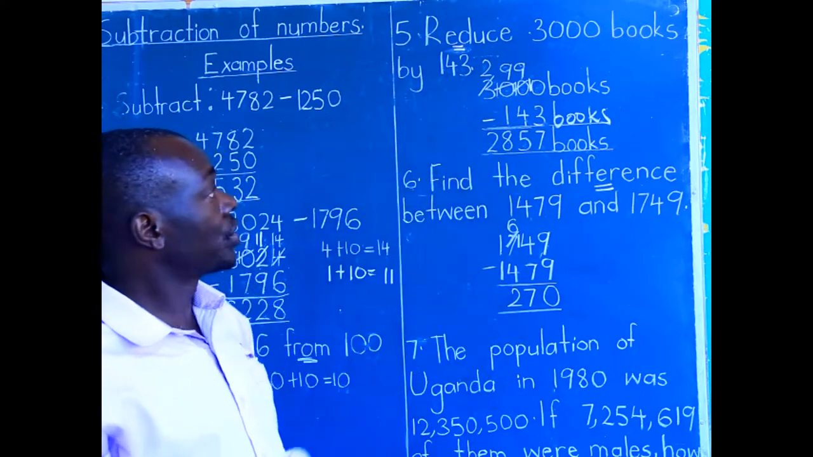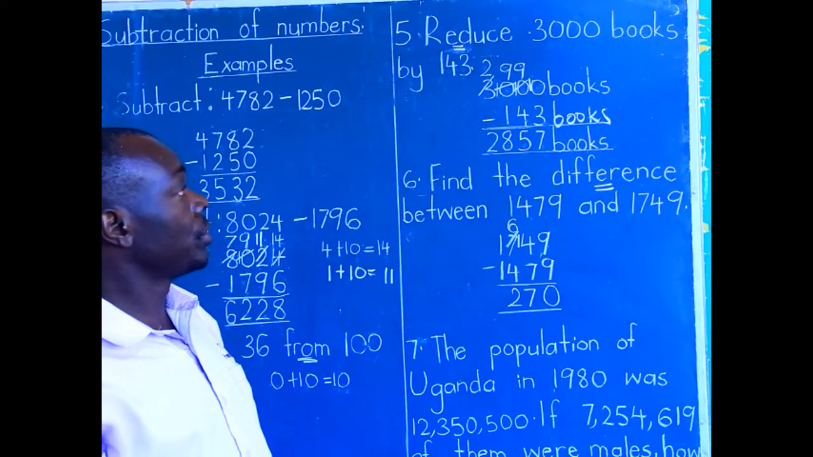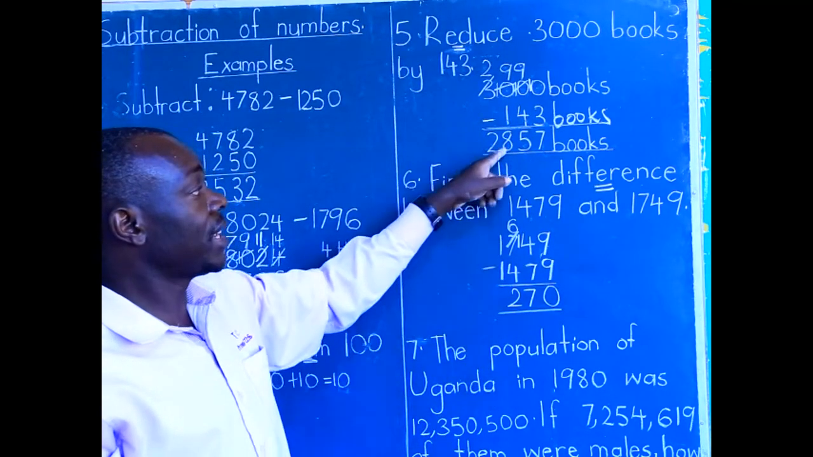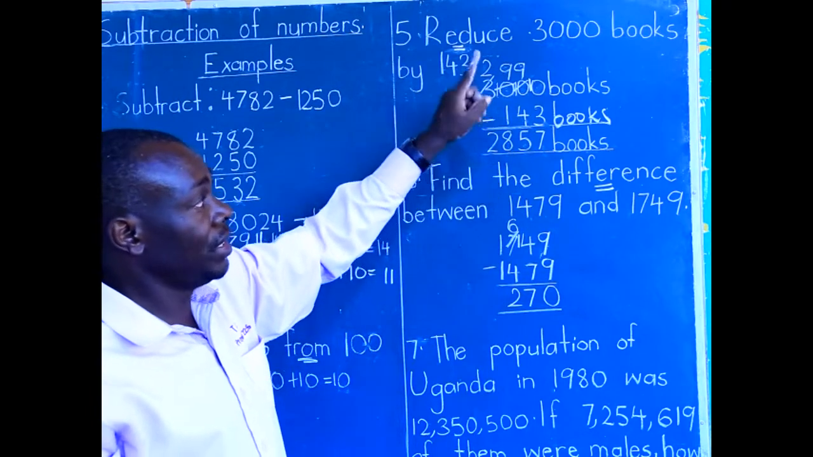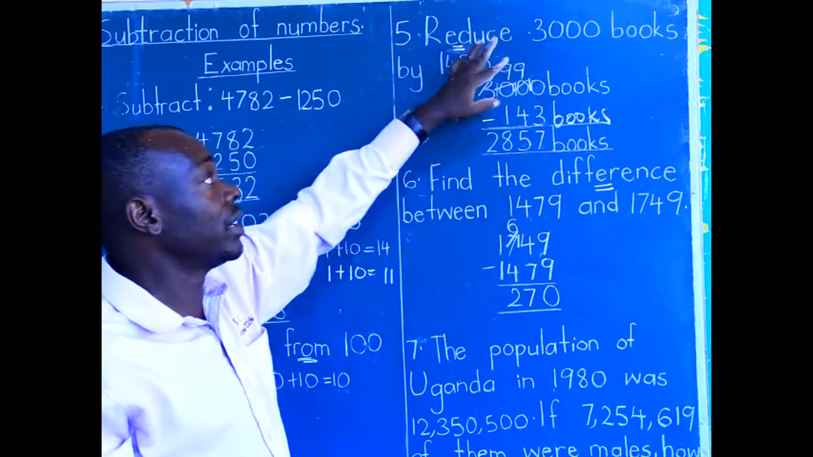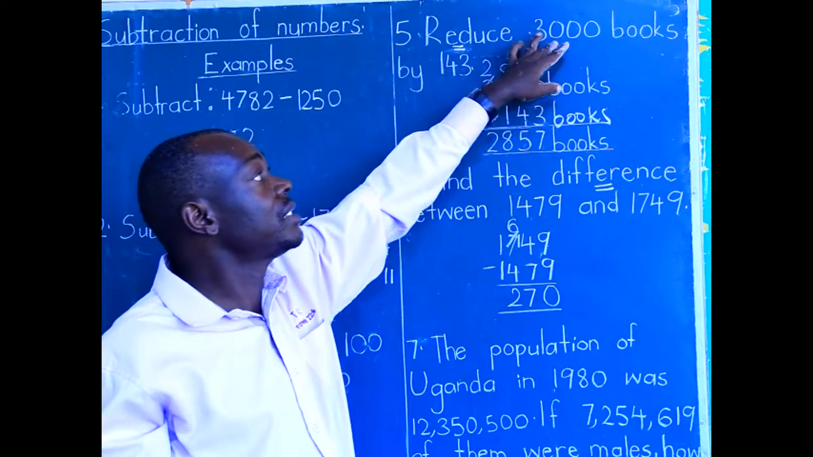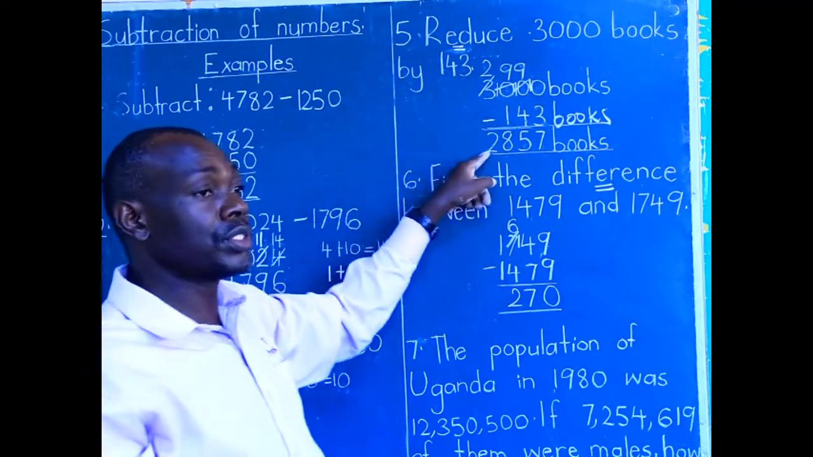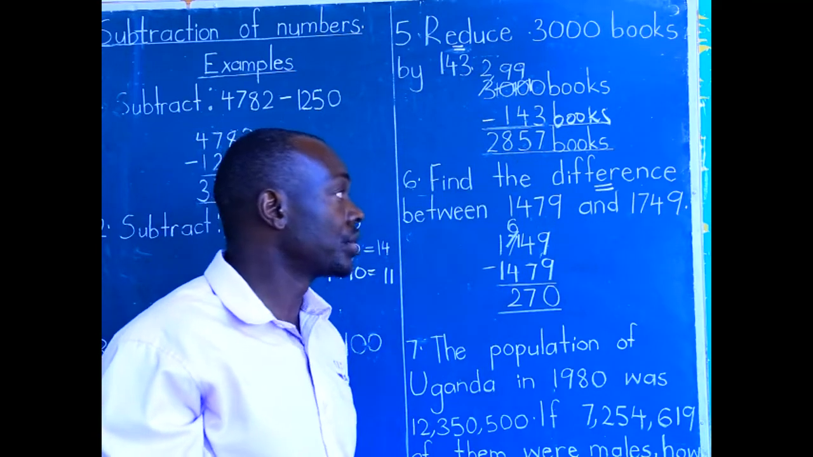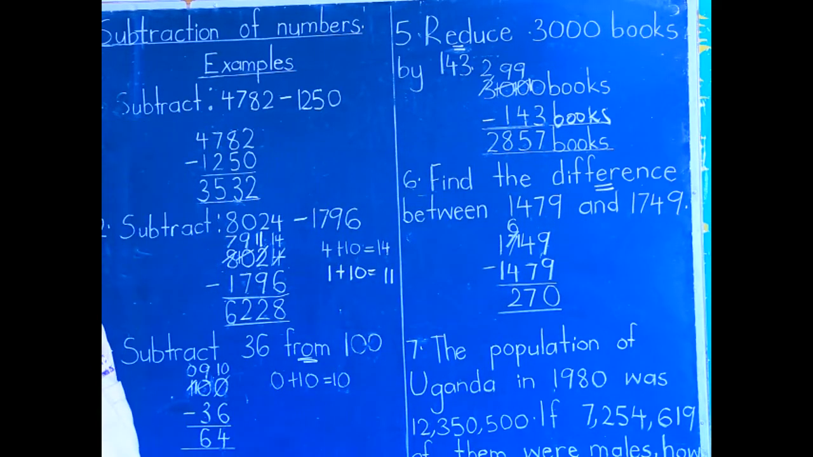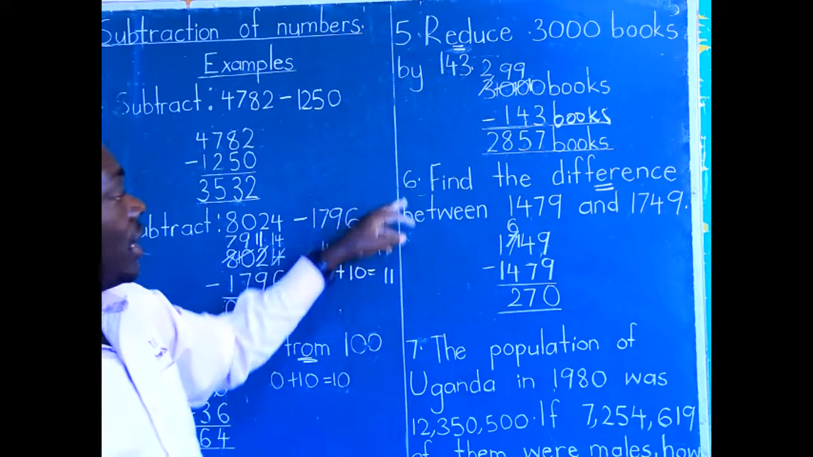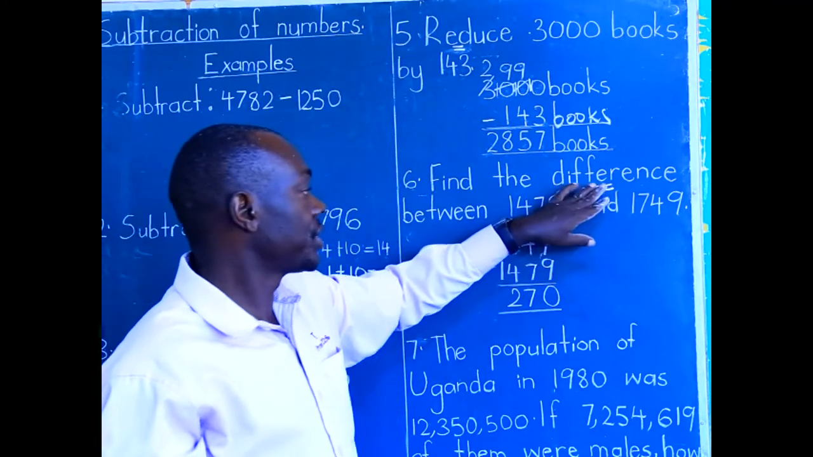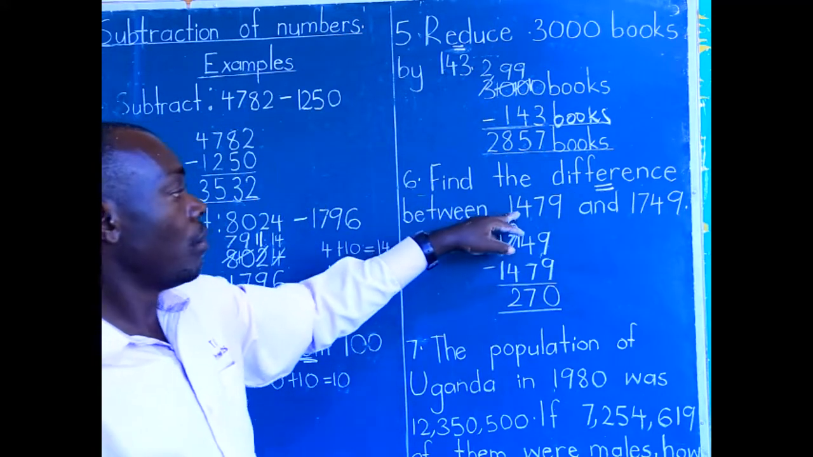2,857 books. Remember, wherever you're told to reduce, you get a reduced figure. You see that the answer we got at last is actually less than 3,000. Hence, we shall have reduced 3,000 books by 143 such books to get 2,857 books finally. So look at example number 6, which reads, find the difference between